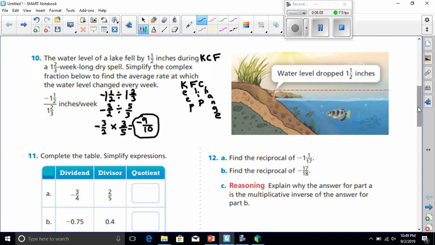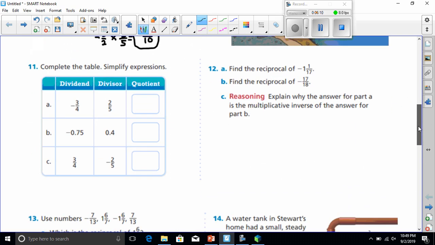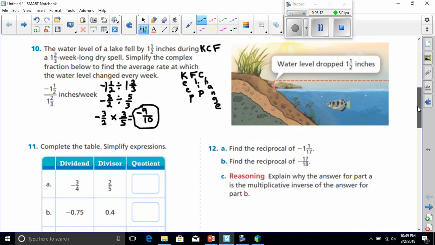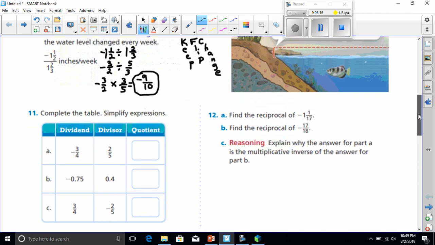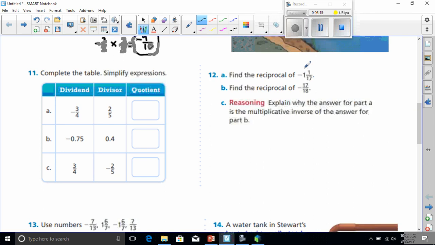All right, let's move on to number 12. It says find the reciprocal. Let's see, the reciprocal of negative 1 and 1 over 17. Well, first we have to turn that into an improper fraction. 17 times 1 is 17. 17 plus 1 is 18. So this is going to be equal to negative 18